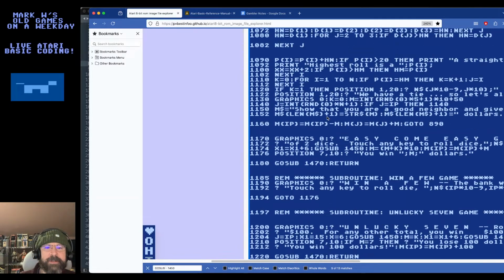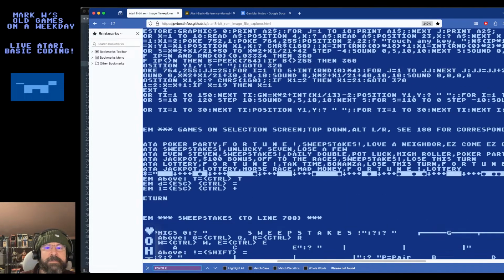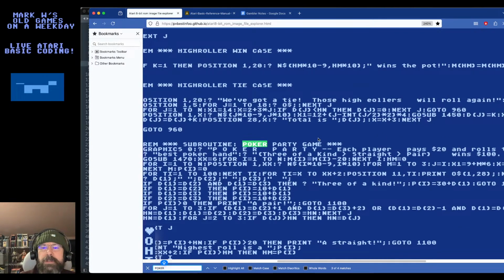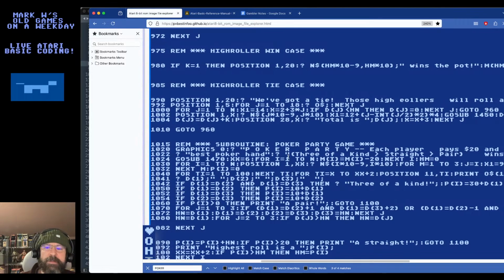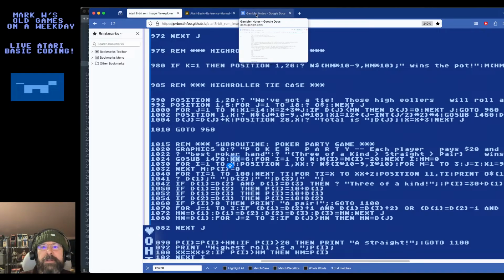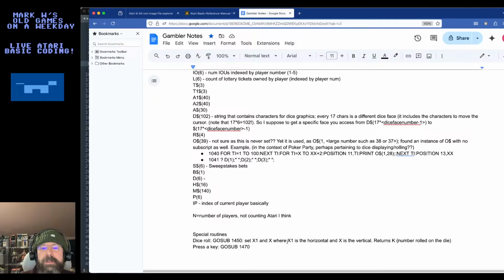Where was that? Ugh. I guess we'll clear the screen. Graphic 0, we can XX equals, so what was the XX again? The horizontal? No, X1 and X are the horizontal and vertical respectively.